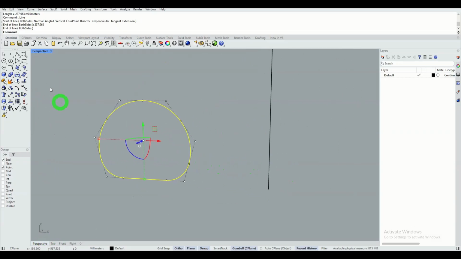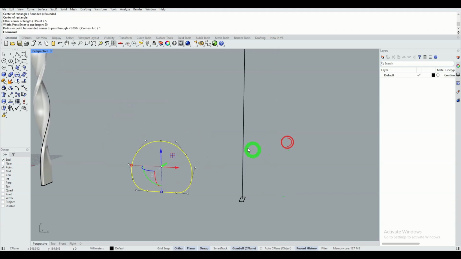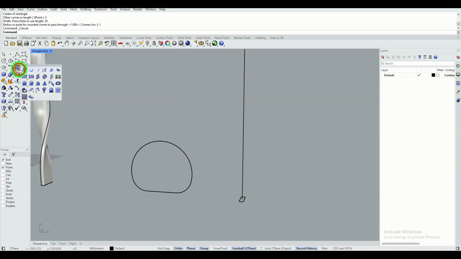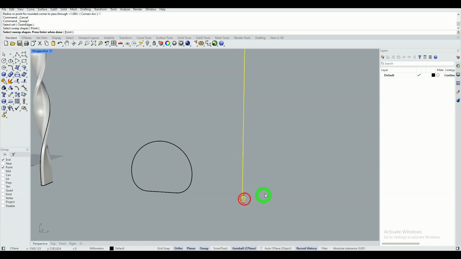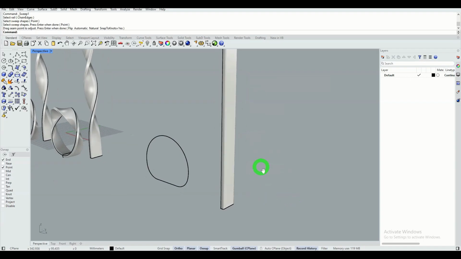I draw the rectangle as before, for the center with the rounded option on. The measurements are 521. I'm going to create a single rail sweep. Confirm by hitting enter twice. Okay.